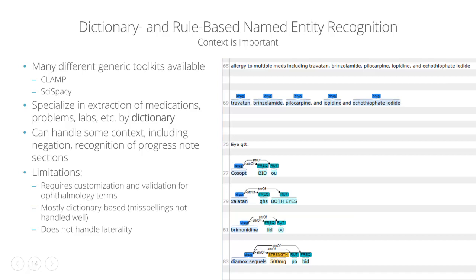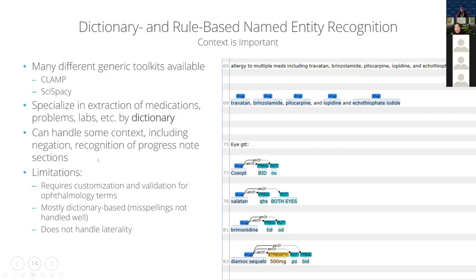Or they might say some details about the family and not the patient, and they'll say mother has open-angle glaucoma, but not the patient, right? So in most cases, you're most interested in conditions that are about the patient and currently present and positive, right? So there are a whole host of generic toolkits that are available, and I've listed just a couple here, and